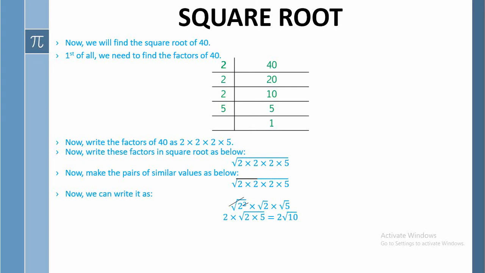If you have a value that is not a perfect square, you need to find the prime factors, then you need to make the pairs of similar values. Pair would be of two similar values. If you have a value, like we have a third 2, but this third 2 doesn't have any fourth 2 to be paired with, so हमारे पास जो excess values होंगी वो अंडर रूट के अंदर ही रह जाएंगी, और जिनका हमें परफेक्ट पेयर मिल रहा होगा सिर्फ वही अंडर रूट के बाहर आ जाएंगी in that particular scenario.